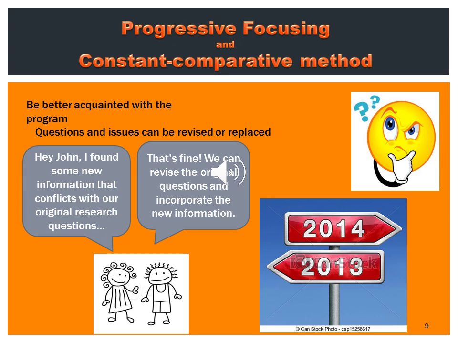Progressive focusing and constant comparative method. Progressive focusing is a process in which the qualitative analyst interacts with data and gradually refines the focus. It also requires that researchers be well acquainted with the complexities of the problem before going into the field, but not too committed to a study plan. Constant comparative method uses newly collected data that is compared with previous data that was collected in one or more earlier studies.